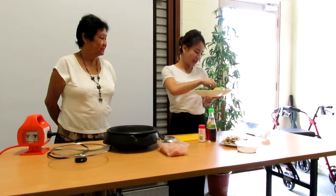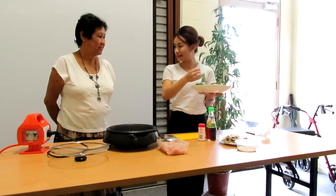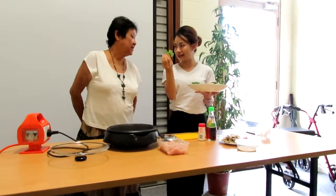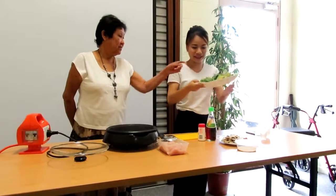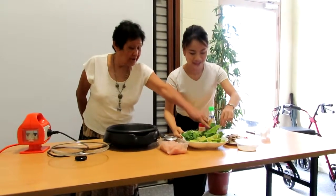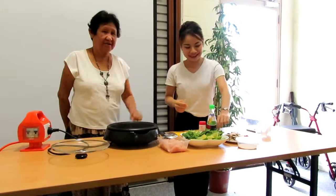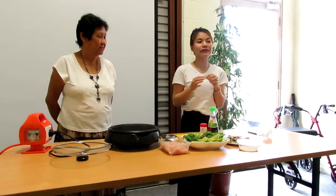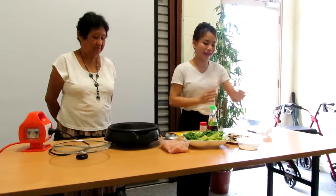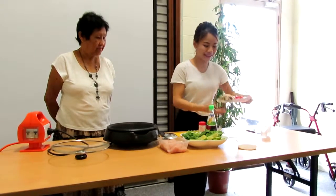And then also we have kaffir lime leaf, and then coriander, and that's it. This is Thai parsley. Yeah, very nice. And then you use mushroom, or you can use other vegetables if you like, but mushroom is the main thing. And don't forget tomato. And then of course Thai food is very spicy, so we have